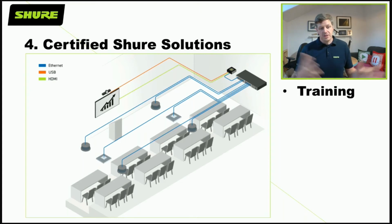Realistically, you could have 8 loudspeakers and 4 MXA 910s all connecting into the switch, being mixed by the P300, fully echo cancelled. That's actually quite a big room, but crucially, you don't need any rack real estate to house the processing or the amplifiers. You don't need a massive chunk of outboard DSP to do your echo cancellation, because it's being done in a hybrid scenario where part of it is being done on the MXA 910 itself, and then the intelligent mixing is being done on the P300. So quite a neat solution that is very, very efficient in terms of cabling and